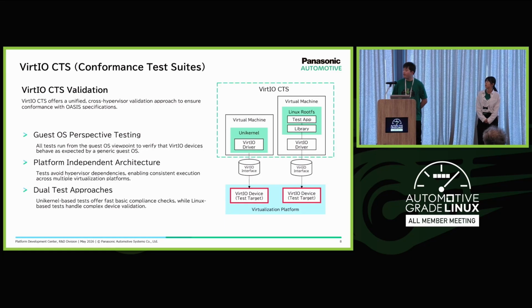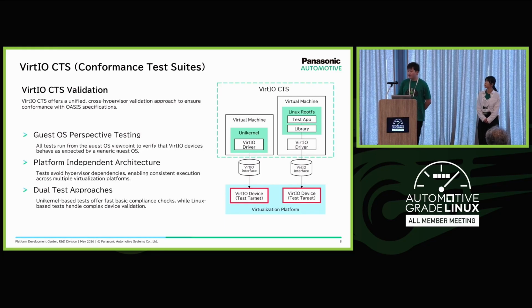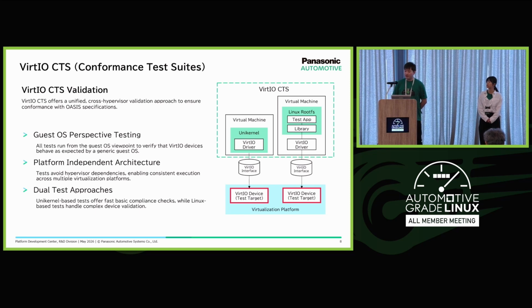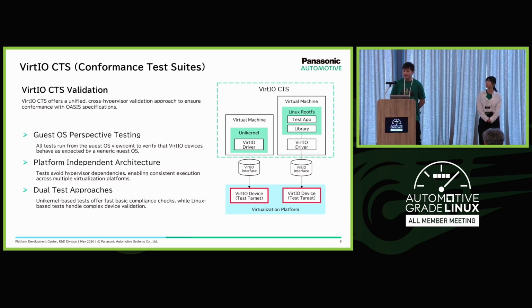The VirtIO CTS provides a unified cross-hypervisor validation approach to ensure conformance with the OASIS VirtIO specification. All tests run from the guest OS perspective to verify that the VirtIO device behaves as expected by a generic guest operating system.